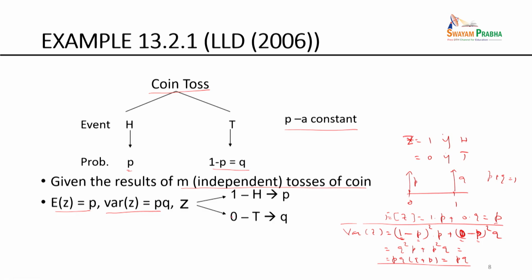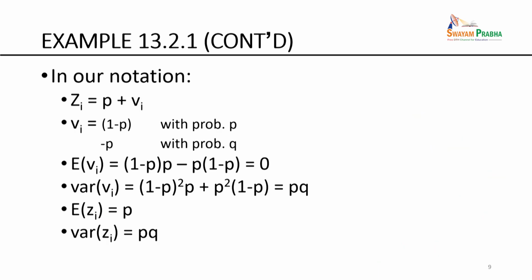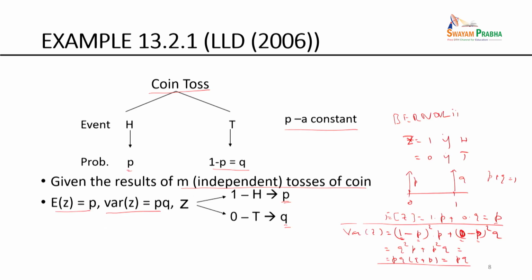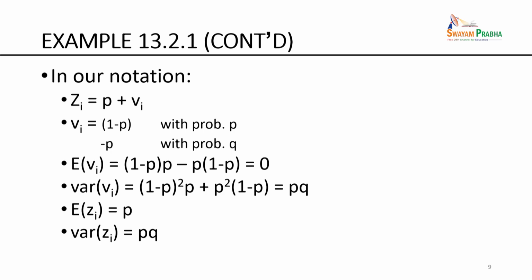So z is equal to 1, z is equal to 0 with the probability p, with the probability q. That's exactly what I'm defining here. This is a Bernoulli distribution. So in our notation, this is what you would have done in your calculus, in your basic probability theory course. I'm now going to translate it into our notation. x is the unknown, z is here, z i. So I'm trying to say z is equal to h of x plus v.